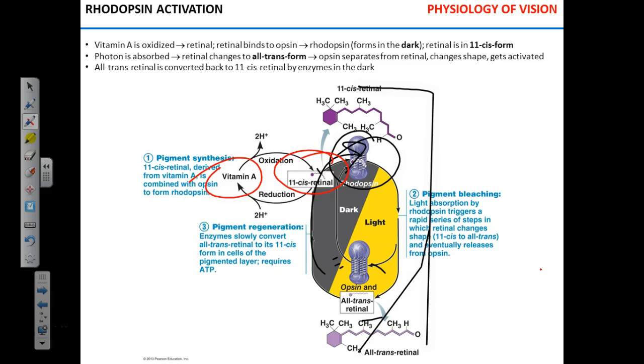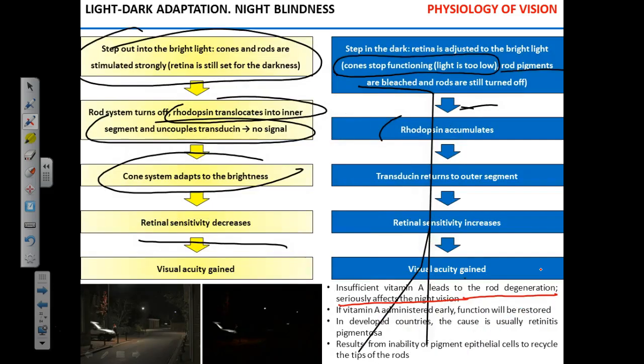Okay, so you need a source to replenish your retinal supply. Does that make sense? That's what vitamin A is for. If people do not get enough vitamin A, the amount of retinal decreases, the amount of functional rhodopsin decreases, and